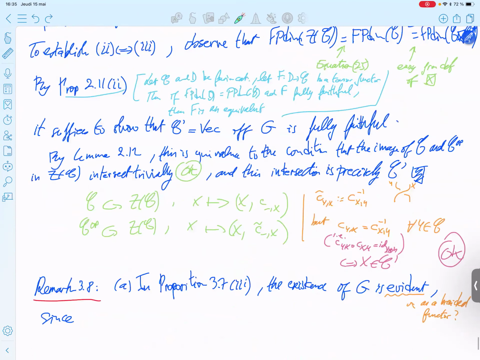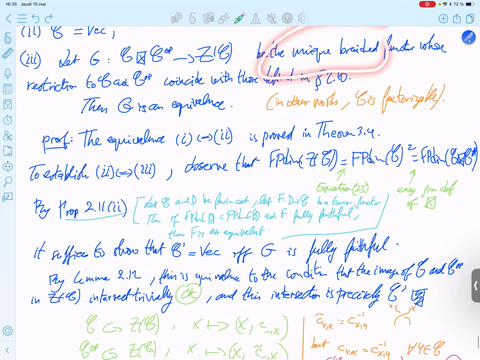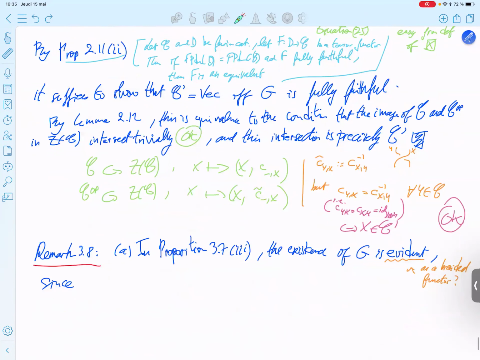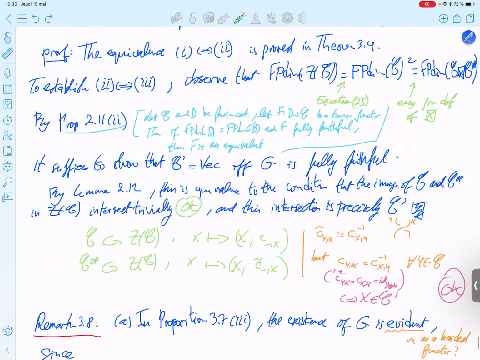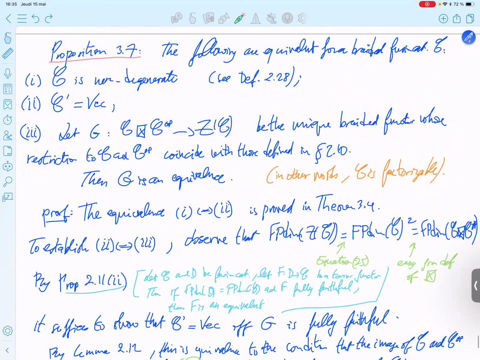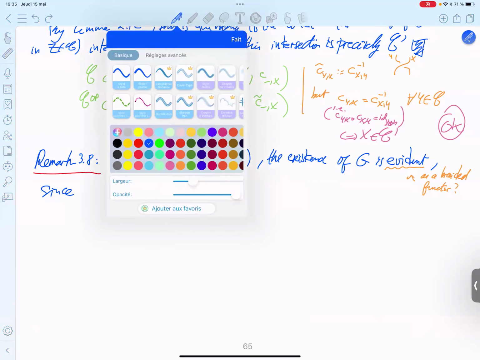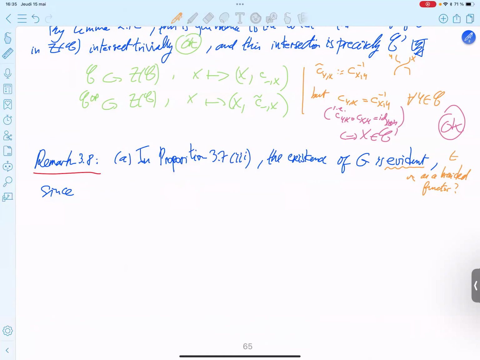So I don't know which one of these assumptions or properties is evident according to them. Anyway, otherwise you can see that as an exercise if you like. I did not think more about that. I did not spend too much time over that. Maybe it's completely straightforward, but anyway.